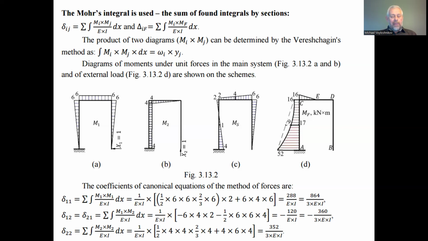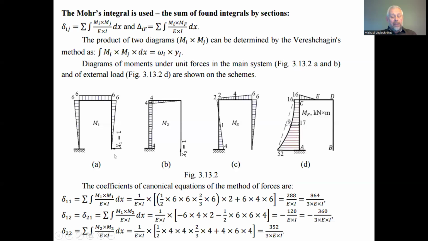under which we have to find the displacement. And the unit forces and the external load are applied to the main system. The main system is a statically determinate system, derived from the assigned statically indeterminate system. So to use the Vereshchagin rule, first of all, we have to determine the diagrams of unit forces applied in the direction x1 and x2, and the diagram of the bending moments under the action of the